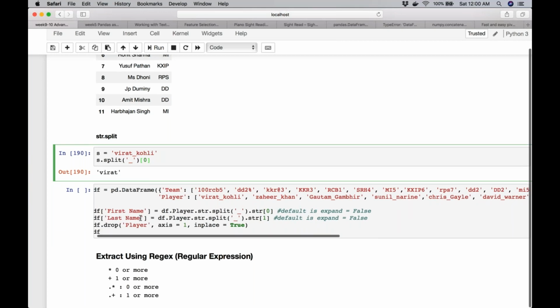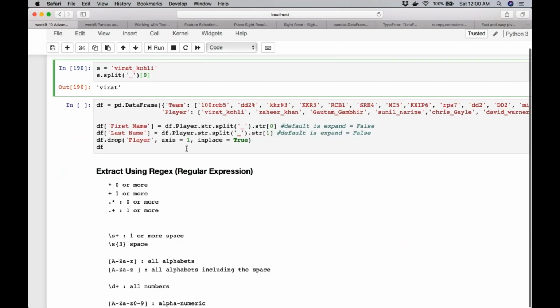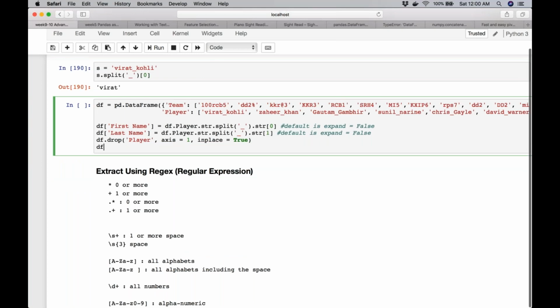So I'm loading this data frame once again. And what am I doing? I want to create two different columns, a column called first name and a column called last name. If you remember, your Python assignment was something to this effect, with a name and a last name. Of course, in that we used a dictionary and had to use a loop.